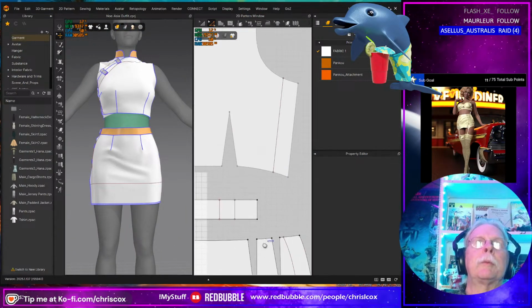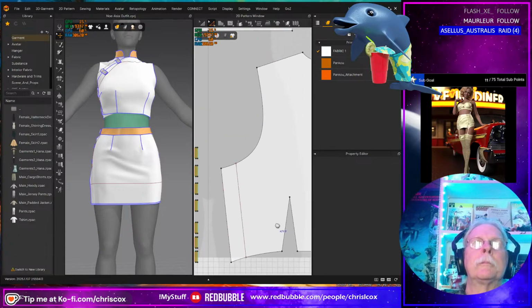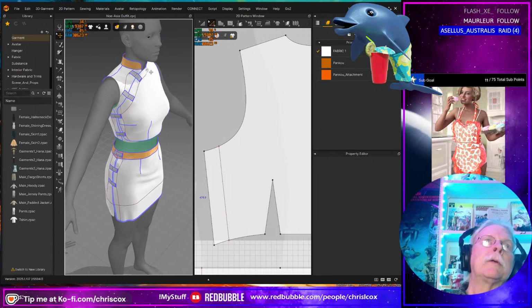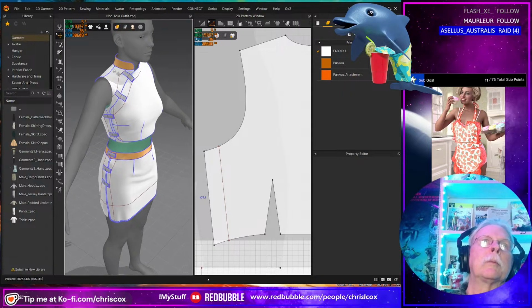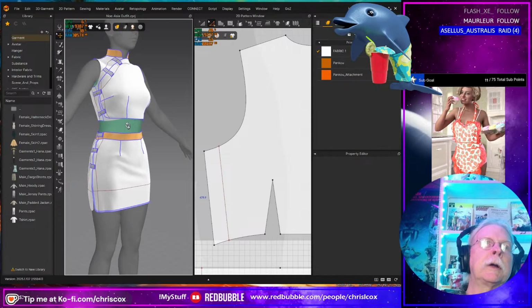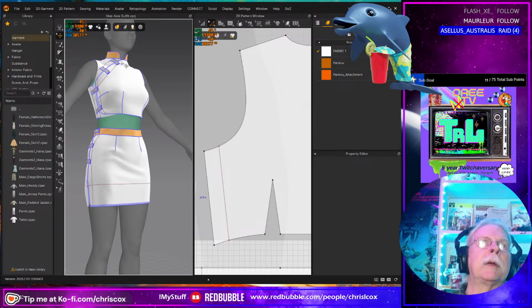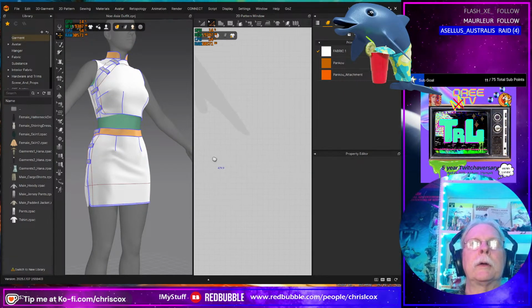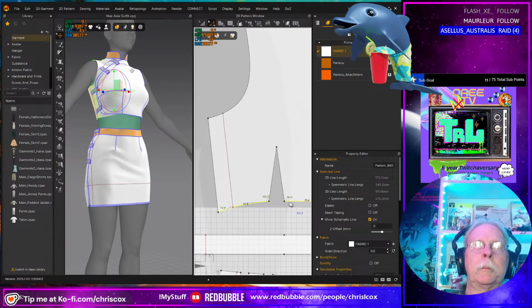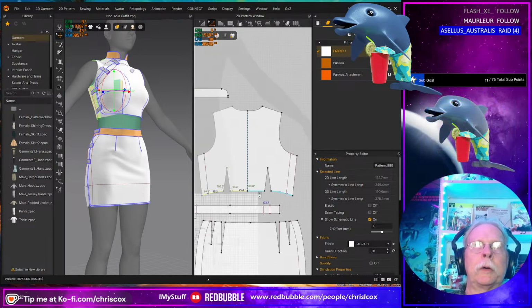All right, we're going to trim up the top now. I have a trim line that goes around the collar, comes down and around here, and along the bottom and back up. So through here. Oh, you know what?